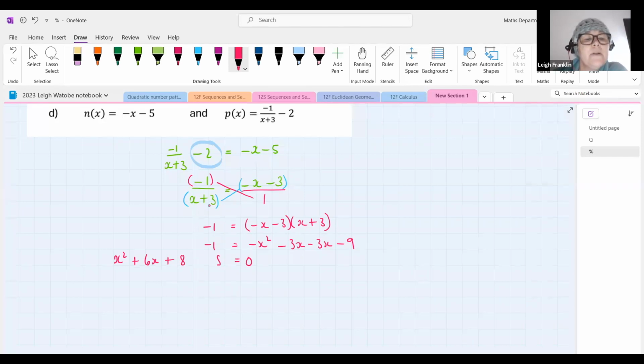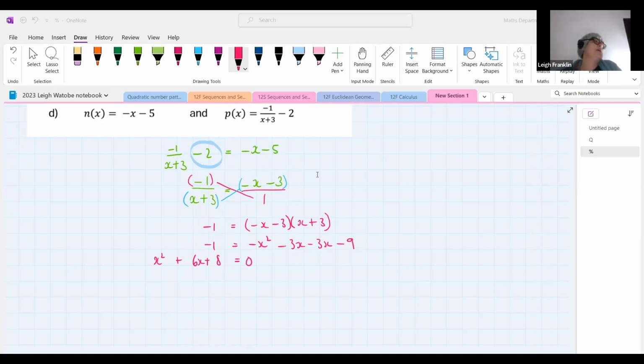Sorry, that should just be a little bit closer. I'm just going to move it up. Okay, because it's easier for me to work with factors when the value in front of my x squared is positive. Lesedi,